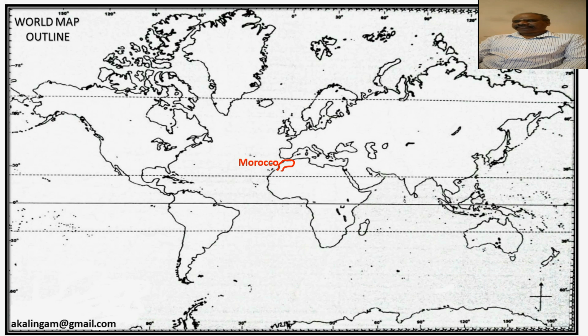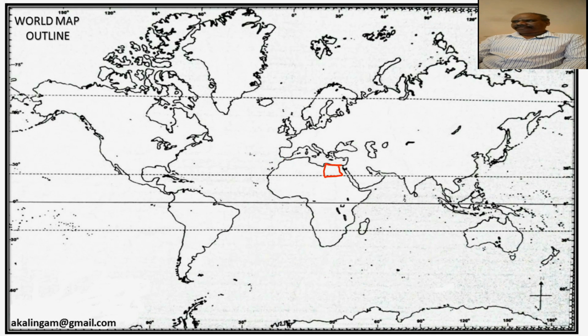Like this, African countries: Morocco and Egypt, a country you know very well. Pyramids are famous in Egypt. Africa is the world's second largest and second most populous continent.